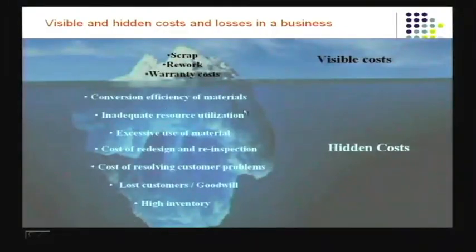But lo and behold, because you've got unreliable machines, you've got materials that are not of good quality, because you've got production stoppages and so on and so forth, you're really losing a lot of money. You're losing the productivity of the capital that you employed in the company. And that is the body of the iceberg. I've got conversion inefficiencies, inadequate resource utilization, excessive use of material because quality is poor, cost of redesign and reinspection, cost of resolving customer problems, lost customers and goodwill loss,